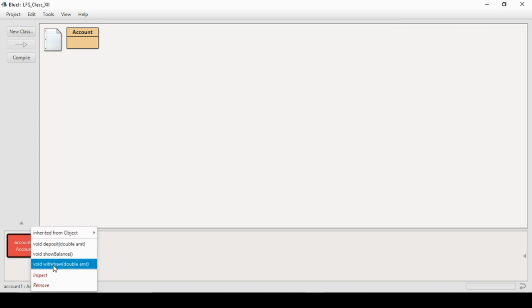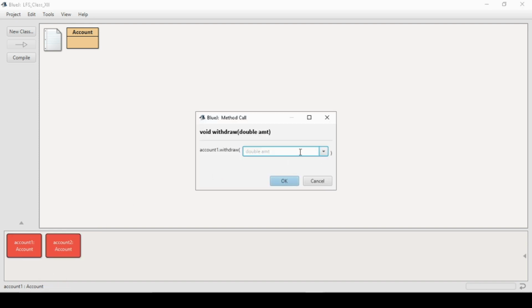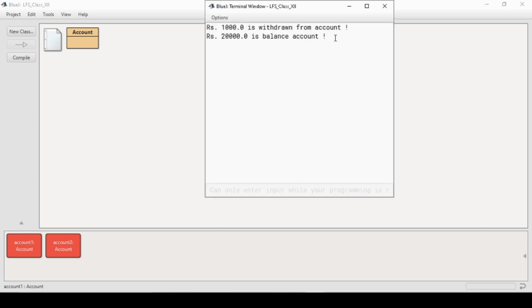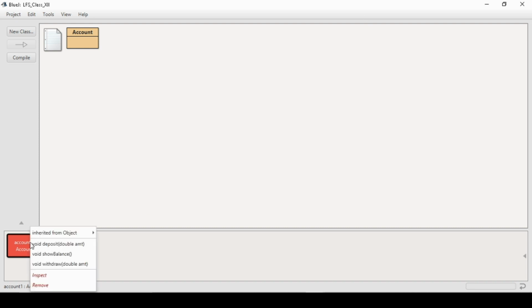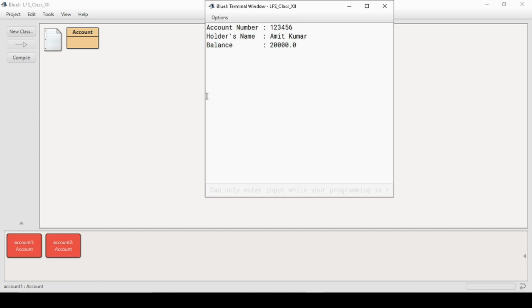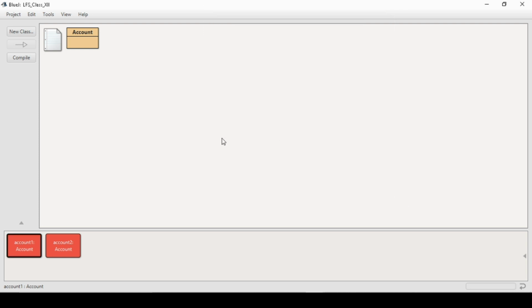If I call withdraw and enter 1000, it shows 1000 is withdrawn from the account, and 20,000 is the balance. Of course this should say balance amount. And now if I call show balance, you can see it shows me the current balance. So I have just shown you an example of class, objects, characteristics, and behaviors, and how we create them.